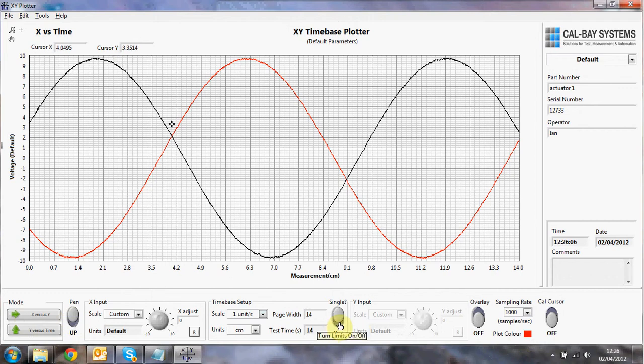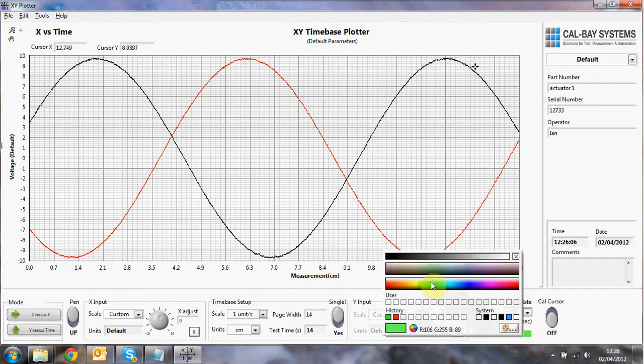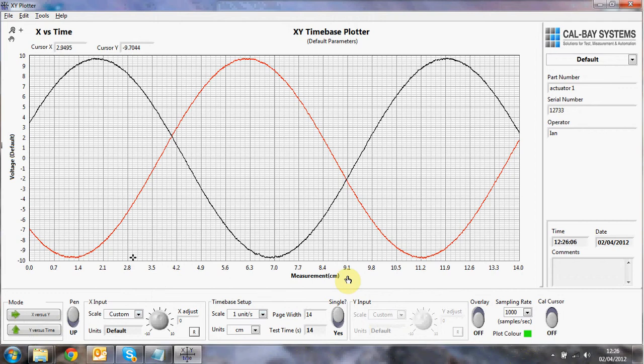If we're in continuous mode, as I said, this will just continue and plot as long as the pen up and pen down button was there. So again, what I'll do now is I'll select another trace, and it may be that you're doing a number of different tests and you just want to see how they relate to each other from a time-based point of view. So again, what I'll do is I'll just put my pen down,